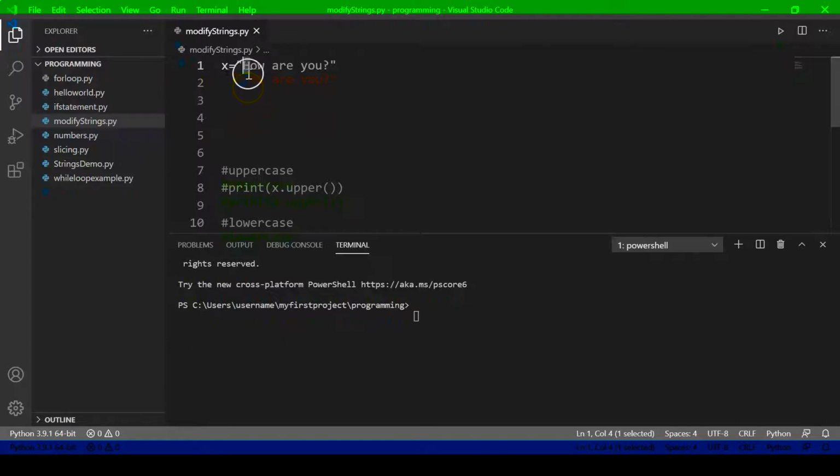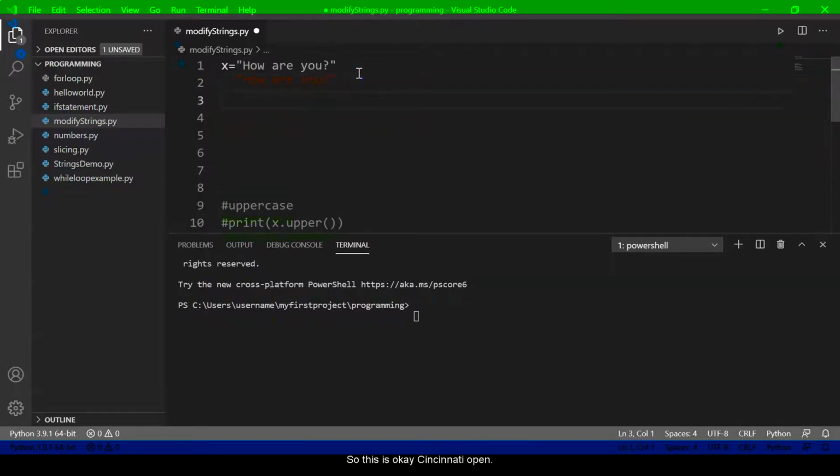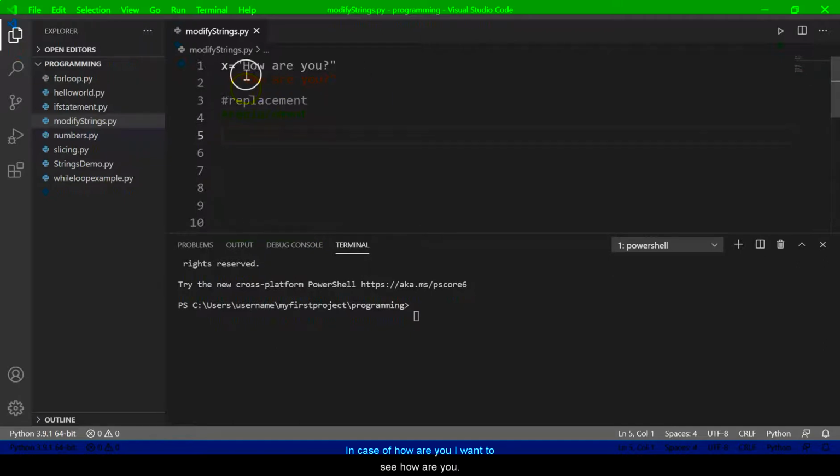I want to replace this h character with w. So this is a scenario of replacement. How can we perform this operation? In place of how are you, I want to see wow are you. It doesn't make sense, but just for example I'm taking this wow are you.